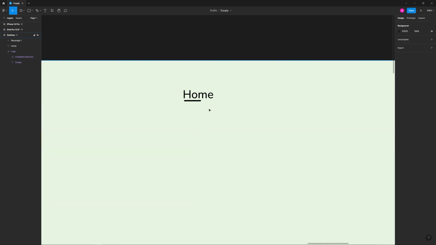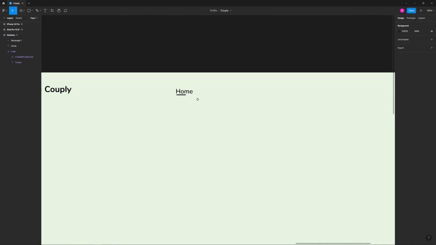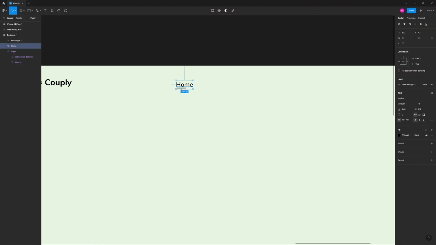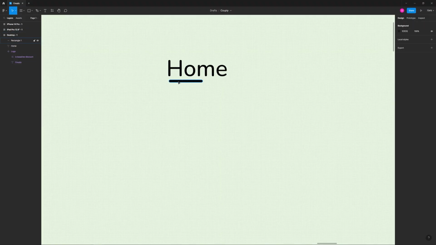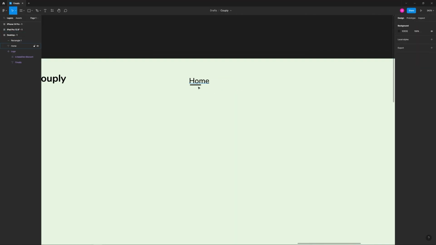Sorry about that. Now we've created the active state design. With that selected, I may want to move this over just to the left. Actually, it's fine where it was. Now with that selected,